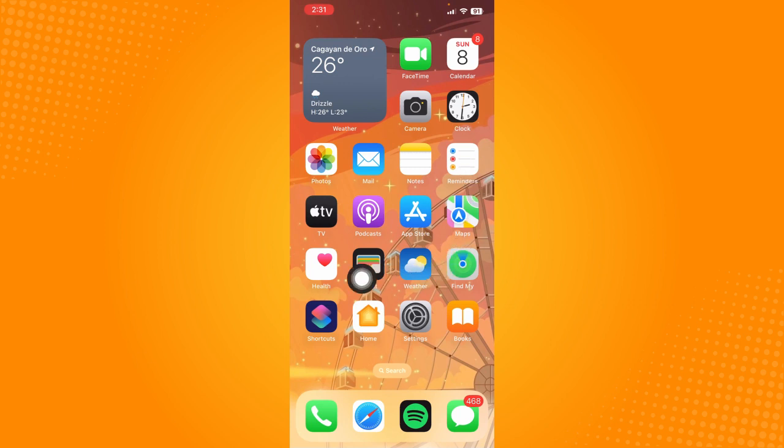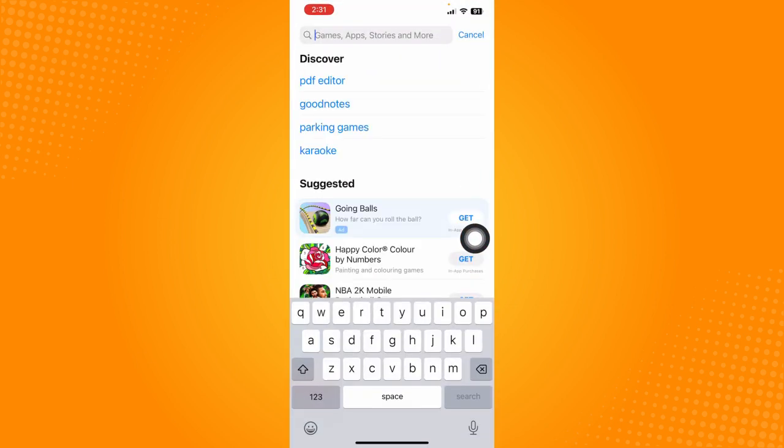Now, the first thing that we're going to do is to fix that option not showing on your Snapchat. To fix that, let's go to the App Store right here, and let's search for Snapchat through the search bar. If you have an Android, just open up your Play Store and search for Snapchat, and let's wait for this page to load, and then we are going to tap on Snapchat